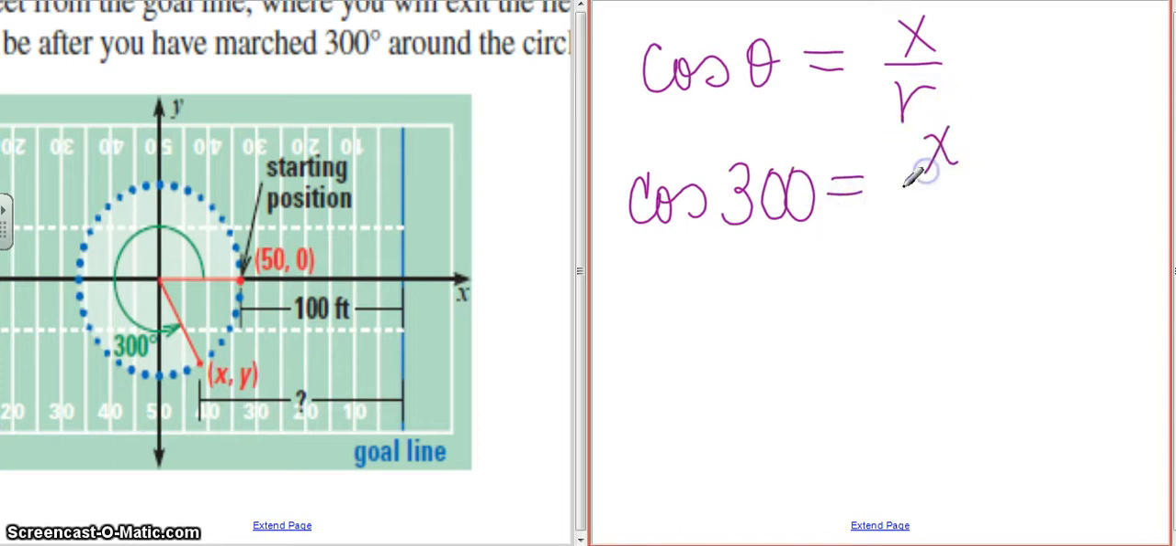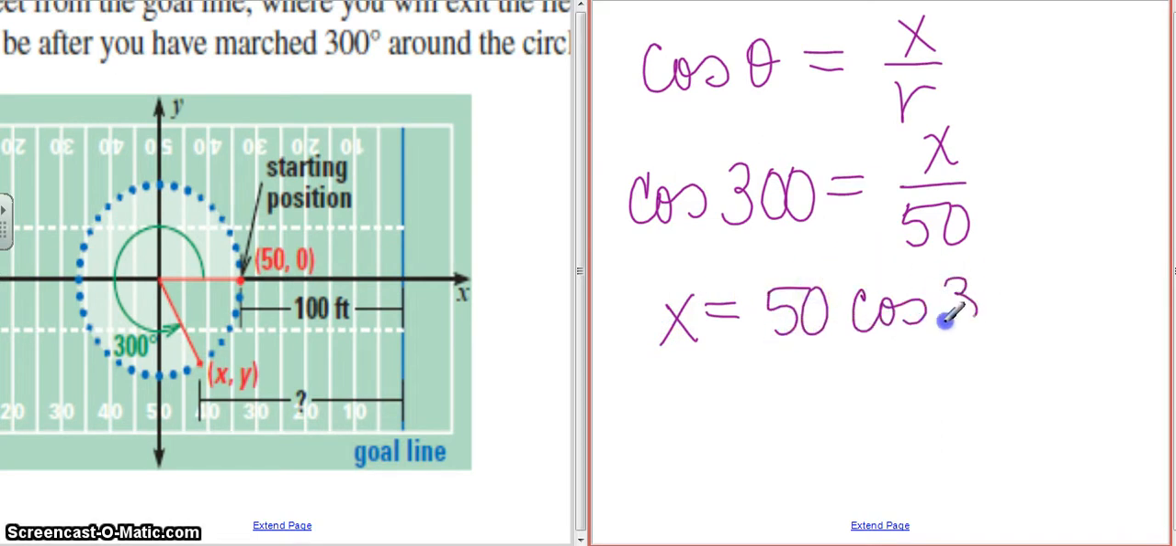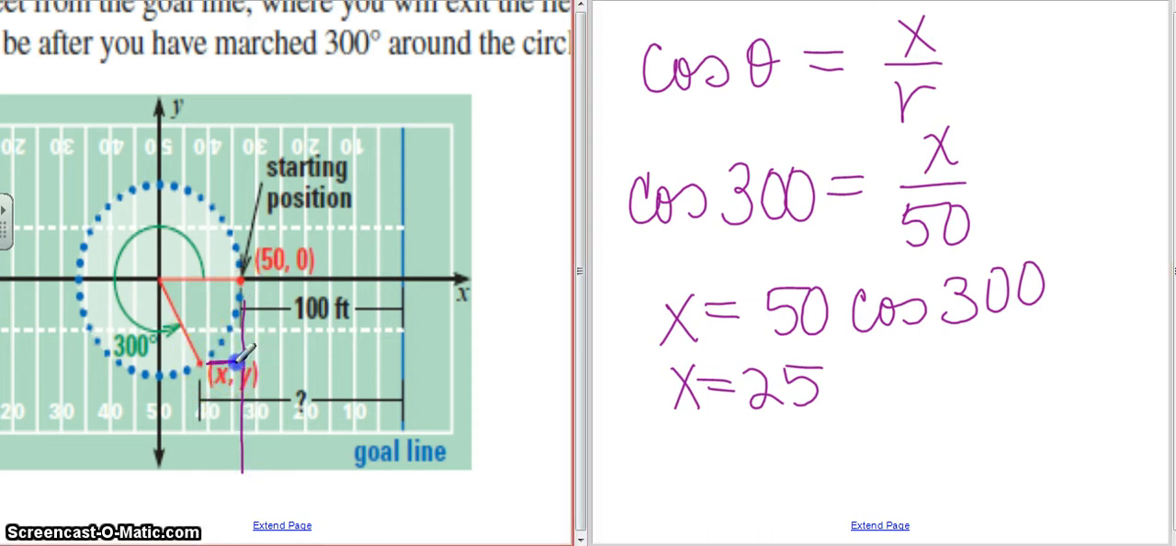which would be x over r, and you know that r is 50. If I use my calculator and solve for x, I would have x is equal to 50 times the cosine of 300 degrees. If I put this into the calculator, I get x is equal to 25. That means 25 feet. So from here to here, if I draw this line down, this must be 25 feet. So the total distance that I am from the goal line is going to be 100 plus 25. So I'm 125 feet